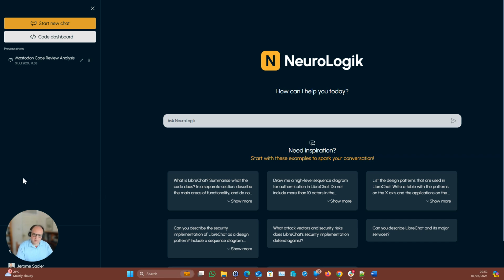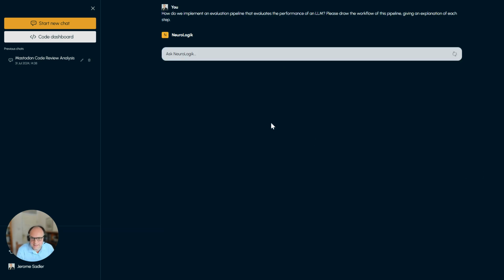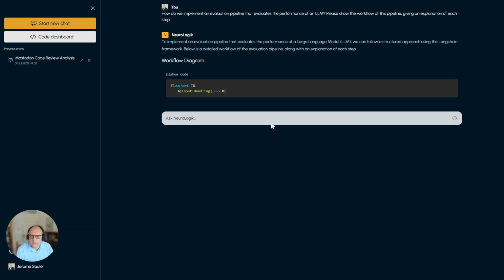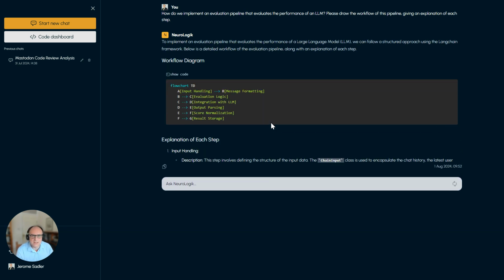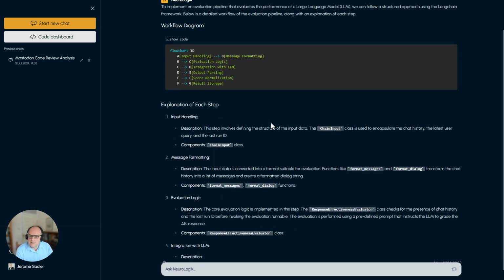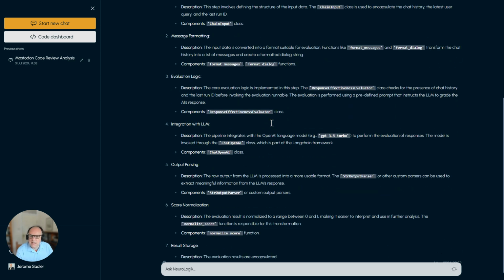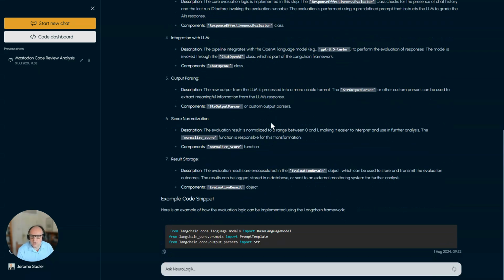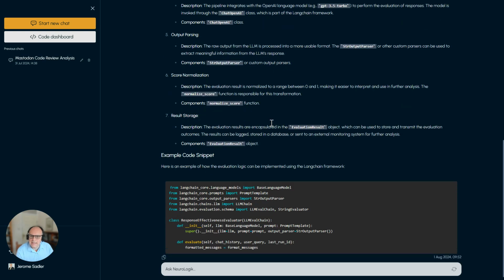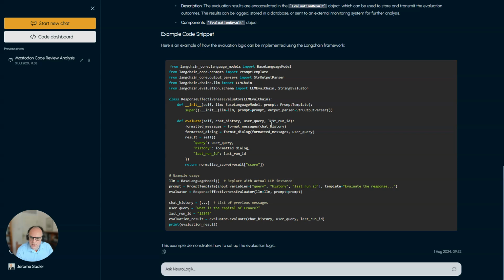So, for example, if I wanted to understand a general approach to a specific technical requirement, in this case, how we as an organization implement an evaluation pipeline to give us metrics on the performance of a large language model, we can simply ask NeuroLogik to look at the repositories that it has ingested, select the appropriate workflow, and then give us a detailed description of the steps in that workflow, some example code to help us get on the